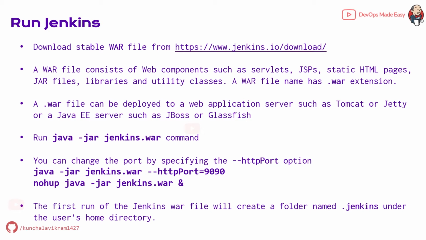When Jenkins runs for the first time, it will create a folder known as .jenkins under the user's home directory, where it will store all the Jenkins related configuration. Now let us go to the EC2 instance and see how we can download the WAR file and run